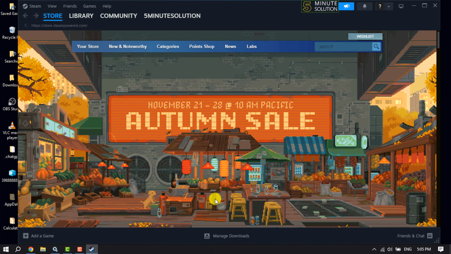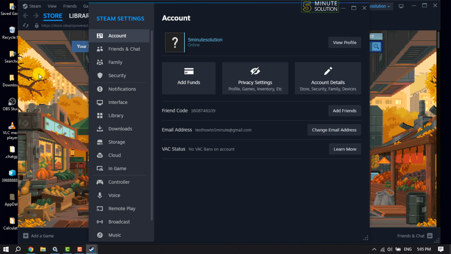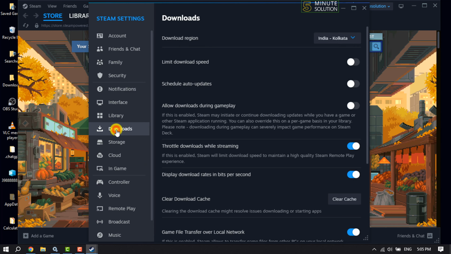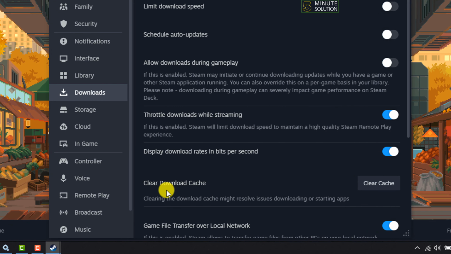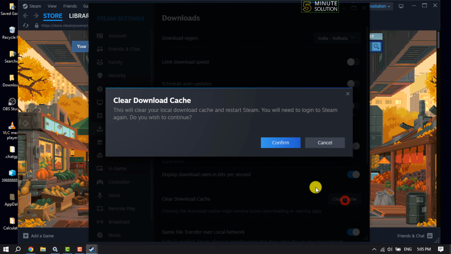And the second step is clear your Steam download cache files. To do that, launch your Steam and click on Steam menu, settings, select downloads, and here you will get clear download cache option. So click on clear cache, confirm,